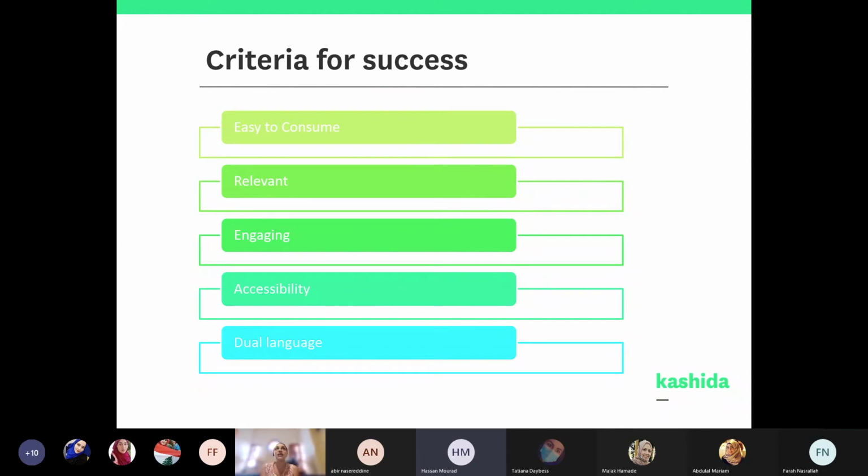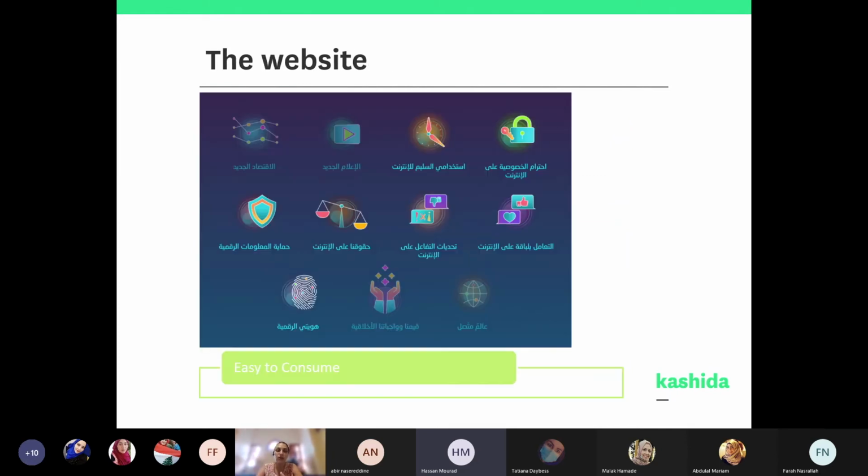So for this, what we did is conduct a discovery process that included design thinking. And I don't know if you guys are familiar with design thinking. Design thinking is a very beautiful process that includes the beneficiaries, the people who are going to be utilizing any program, for them to actually input into the design or the way that they understand or want to receive information, as well as how they see the space and the categorization or the taxonomy of the content related to cyber safety.